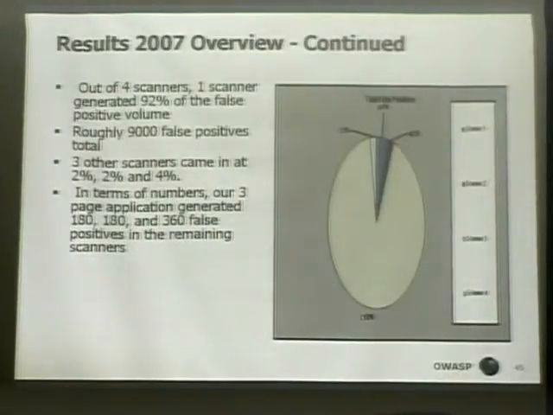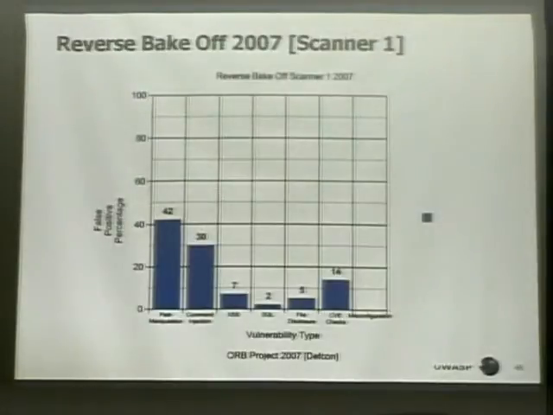And so ultimately, there was 9,000 something false positives in total, and that's just another breakdown. We'd run the scanners against the target and then break up the vulnerabilities into categories. Those categories were path manipulation, command injection, cross-site scripting, SQL injection, file or information disclosure, and then CVE